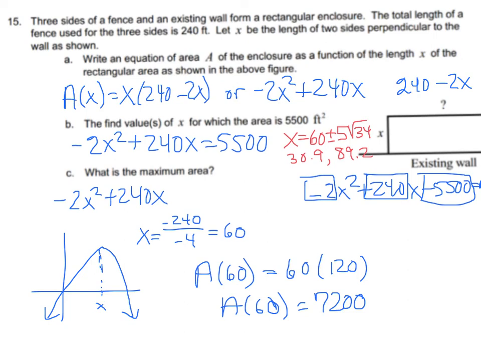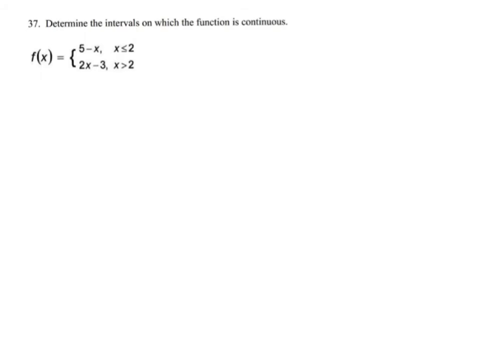Yep, 15. All right, last one I want to talk about is maybe cleared up by what we did in class, but again, a lot of people miss this one, and it also does tie into the notation. So that is, on what interval is the function continuous? So this function is discontinuous, and we can see that by looking at what happens when we take f of 2. And the function is defined as 5 minus x when x is equal to 2, so f of 2 is equal to 3. If you look at the limit as x approaches 2 from the left, and the limit as x approaches 2 from the right of f of x,